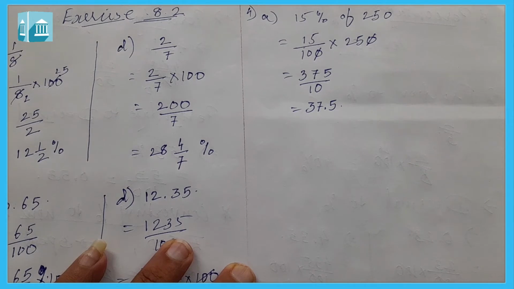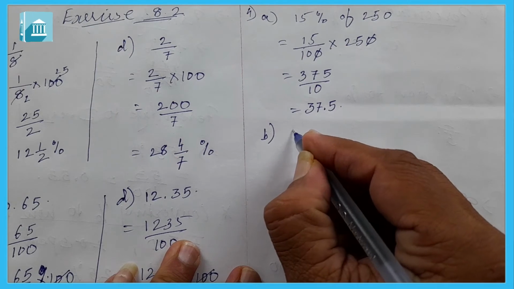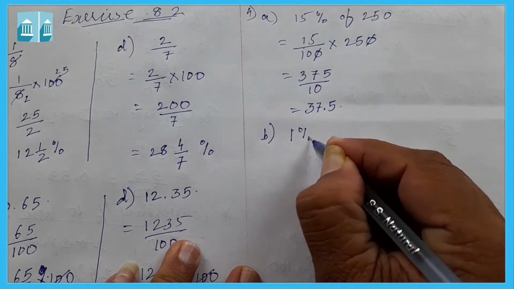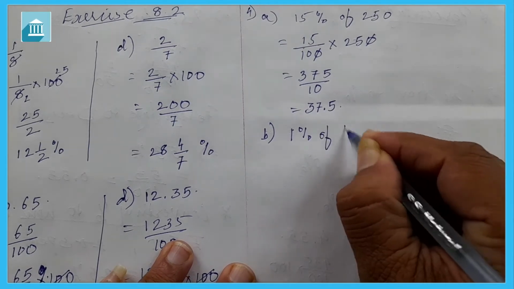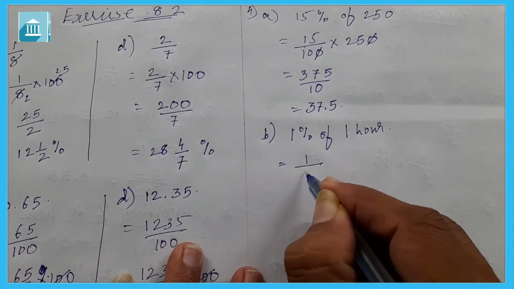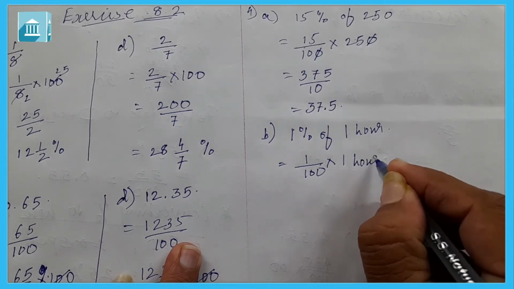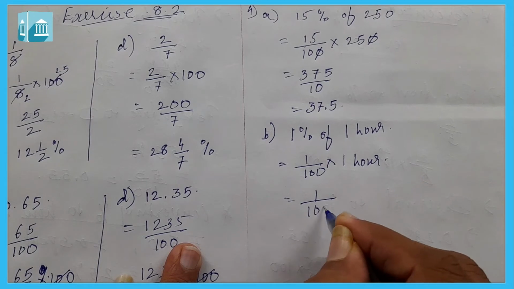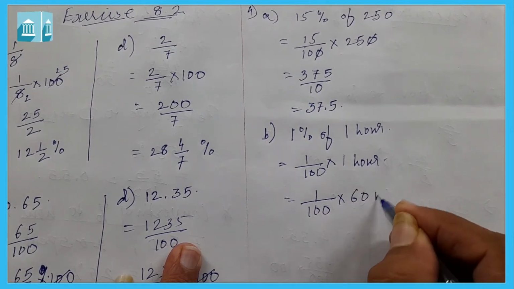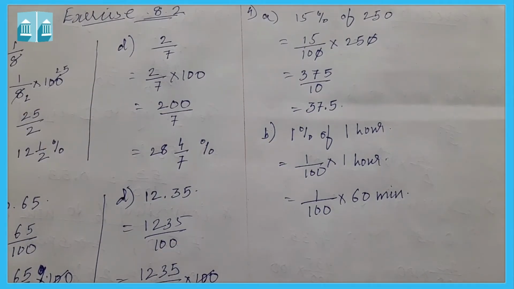In the same way, let us first find out question number B. Here question number B is 1% of 1 hour. Now here it is given hour, so we have to find out it in minute. We can say 1% of this 1 hour. Now 1 hour is equal to 60 minutes. So 1% of 60 minutes, this will be equal to, we can say